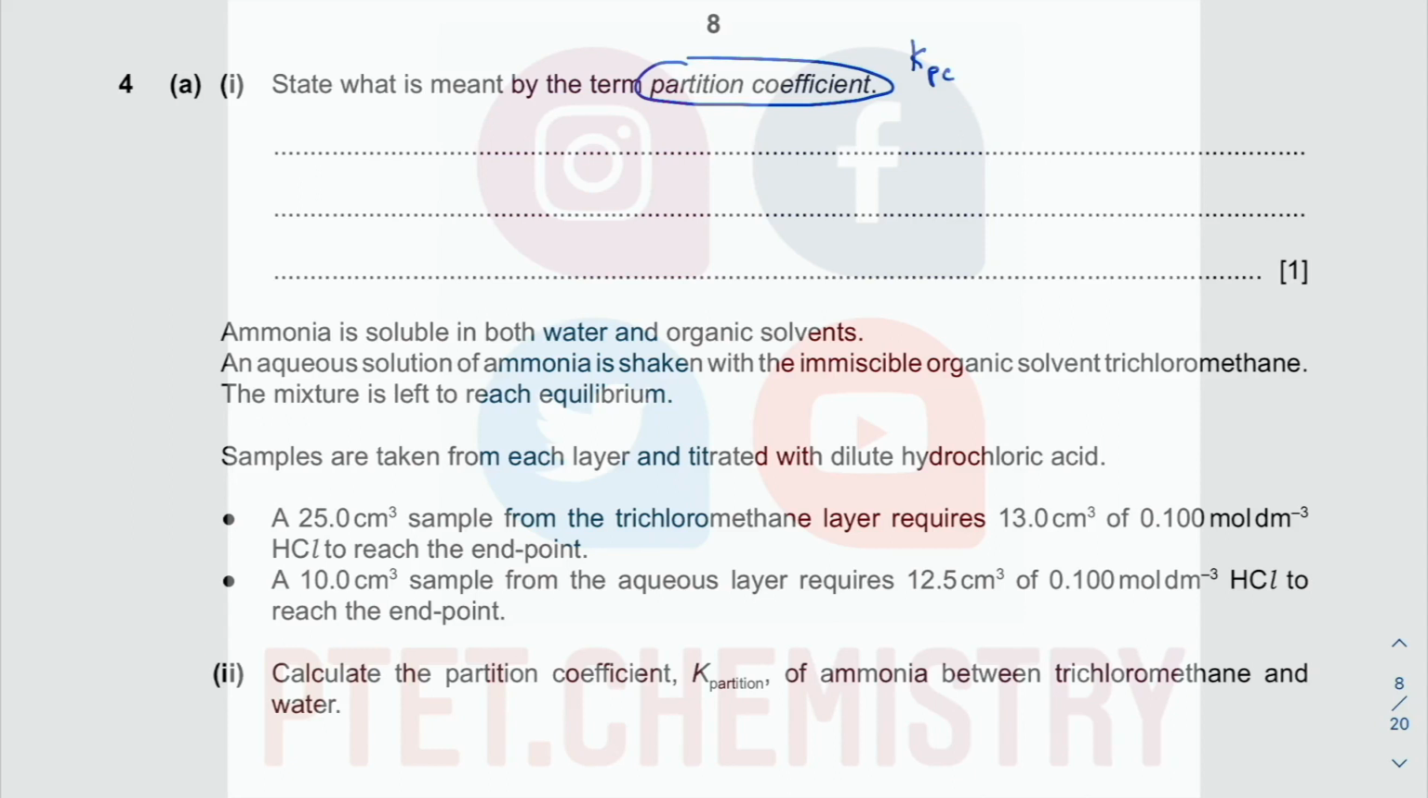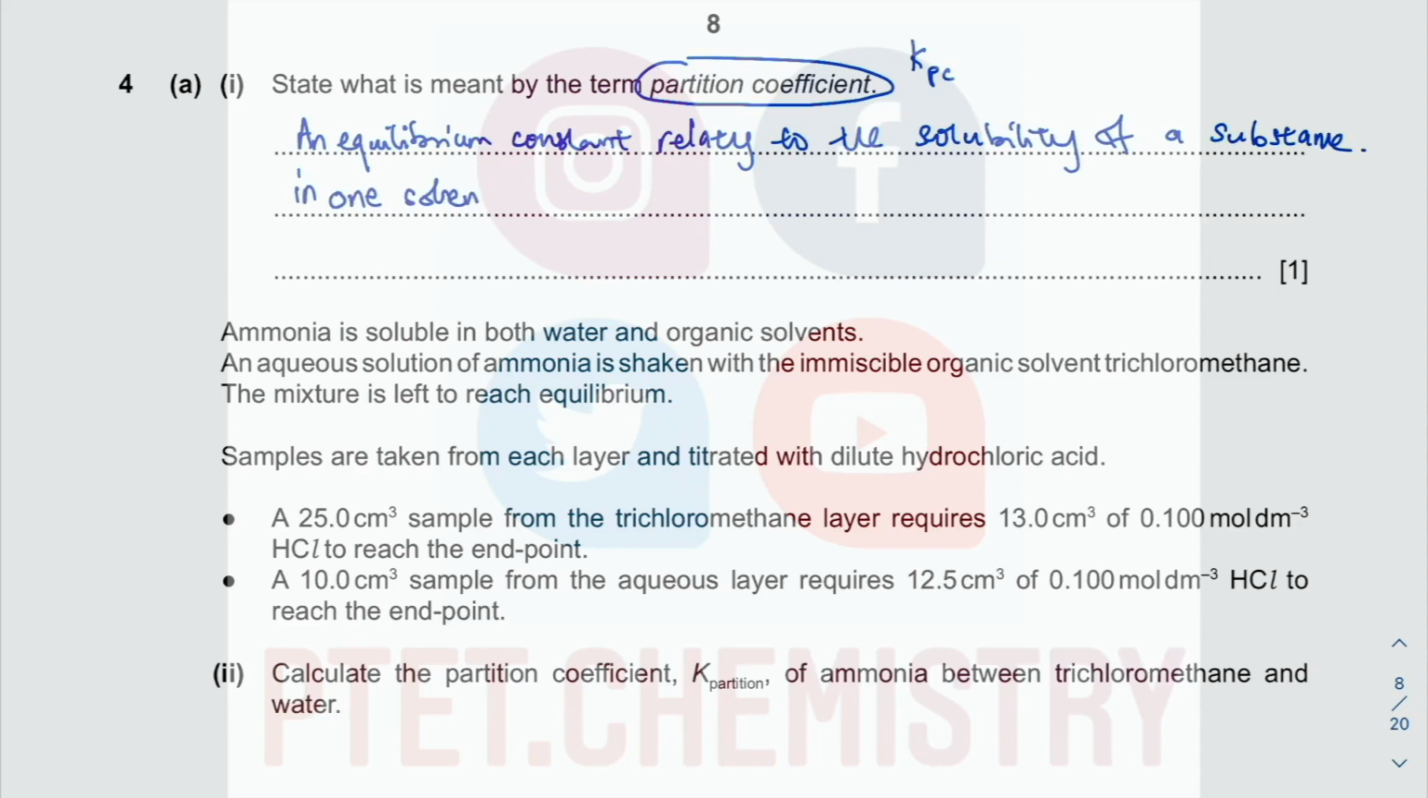So we know it's an equilibrium constant. But what does it tell you? It tells you the solubility relating to the solubility of a substance. But we talk about the solubility of a substance in one solvent system, relative to its solubility in another solvent,